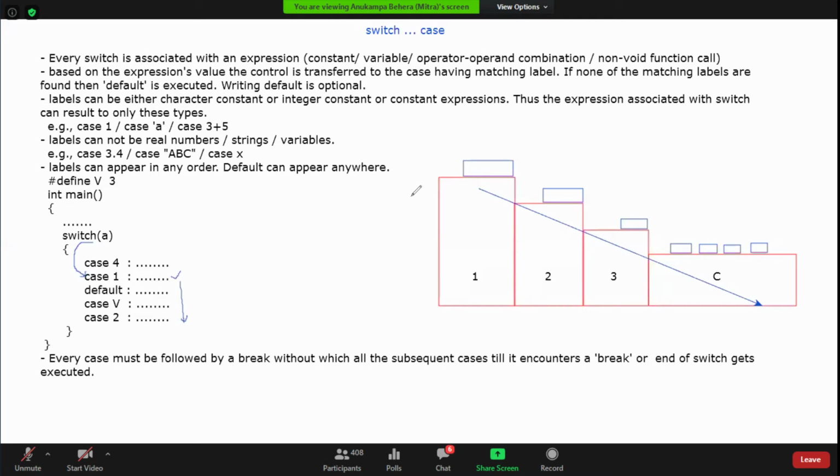So what do we need now? How will we solve this case? What was happening here? The kid was collecting all the chocolates, right? So all we need to do is, once the kid has collected his own chocolate, we pick him up and put him down outside here, so he cannot go further, and we make him jump straight out from here. This is what break is. Break is going to take you out.